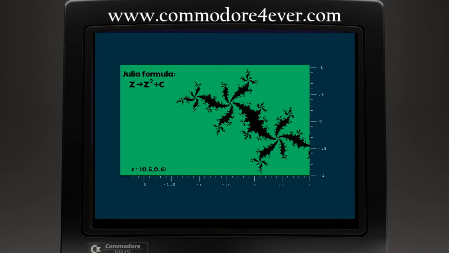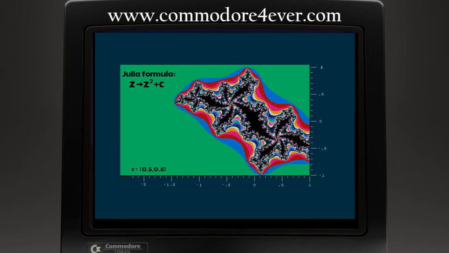It has been mathematically proven that if the number rises above 2, it will eventually reach infinity. If therefore we stop the iteration when the answer reaches 2, and then see how many times we had to go through the formula to get there, this can act as an index as to how we color the dot. If it takes many iterations to reach 2, then we color it one color. If it takes a few, we color it differently. Here is the same Julia plotted in color. You can see Julias plotted from all over the plane and in many different colors in our art gallery.